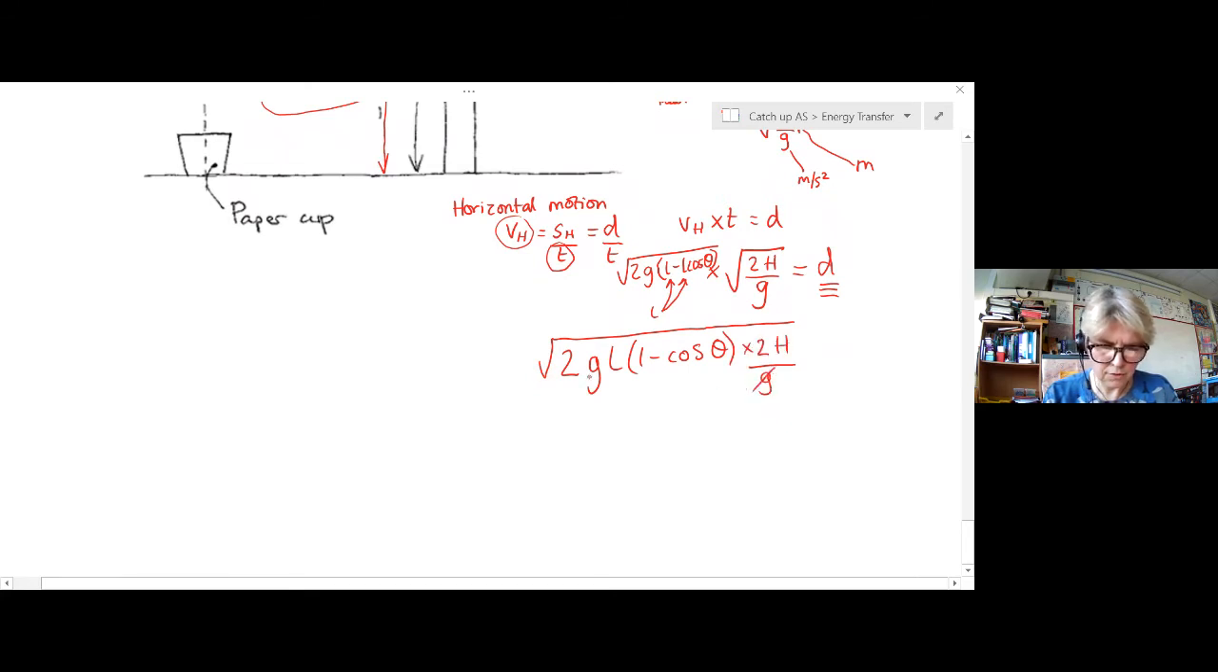Oh, well, the g's cancel. Okay, the 2's can be combined together, so that's 4. So square root 4 is 2, so that comes out of the brackets. And I'm left with L, 1 minus cos theta, times by h equals d. Okay, right, now